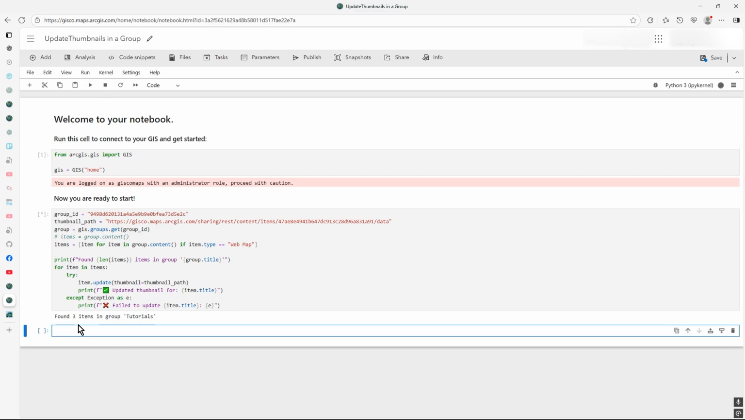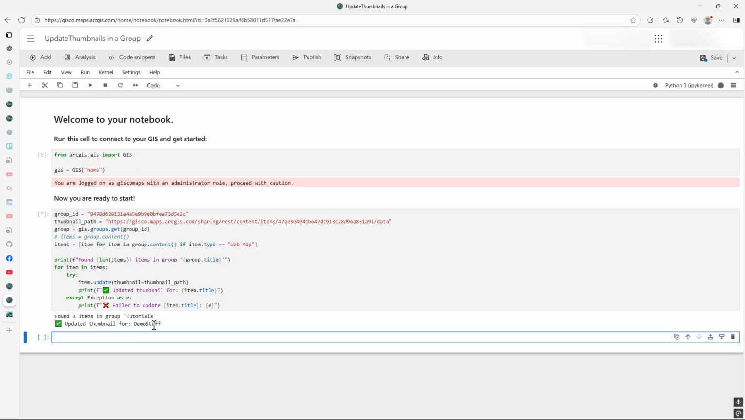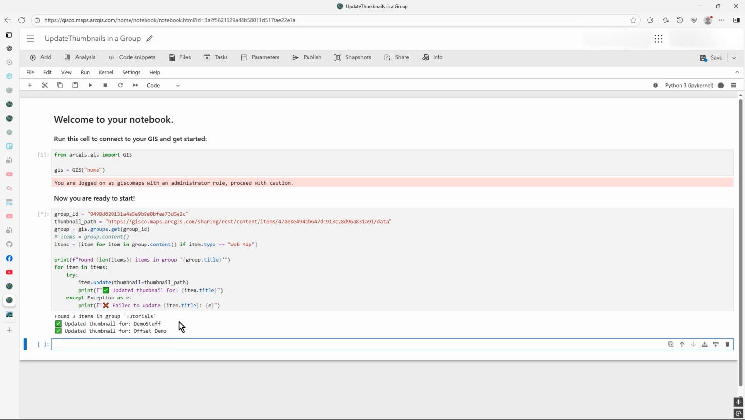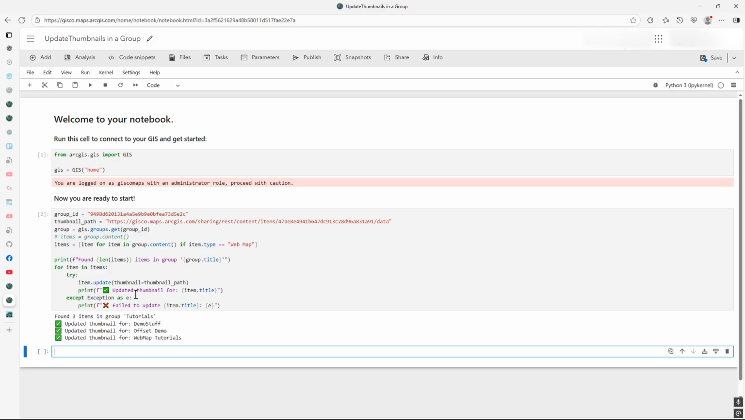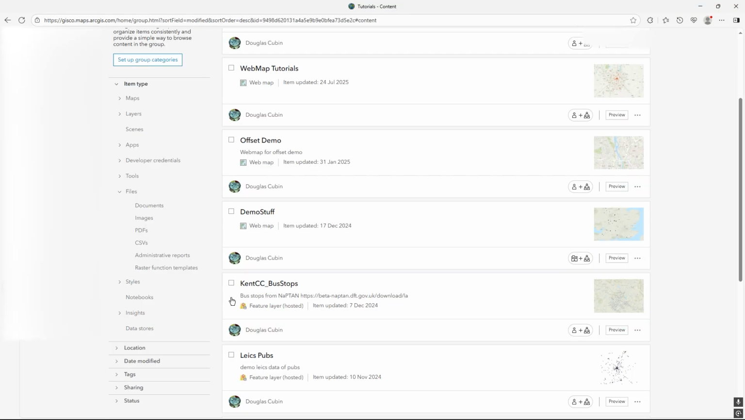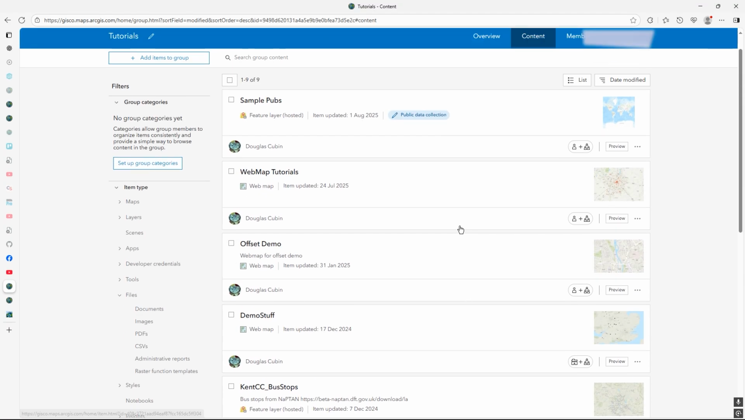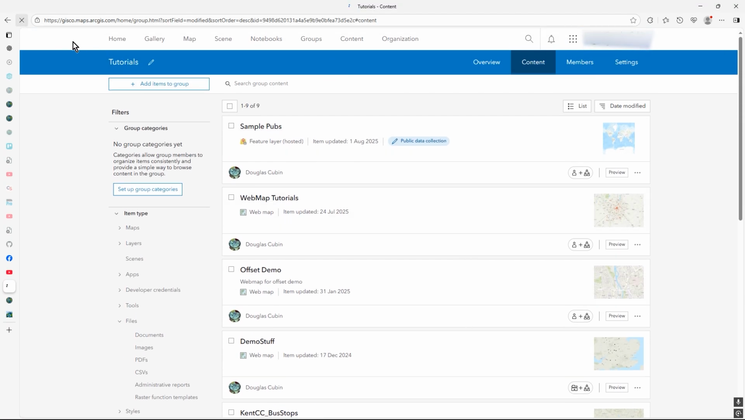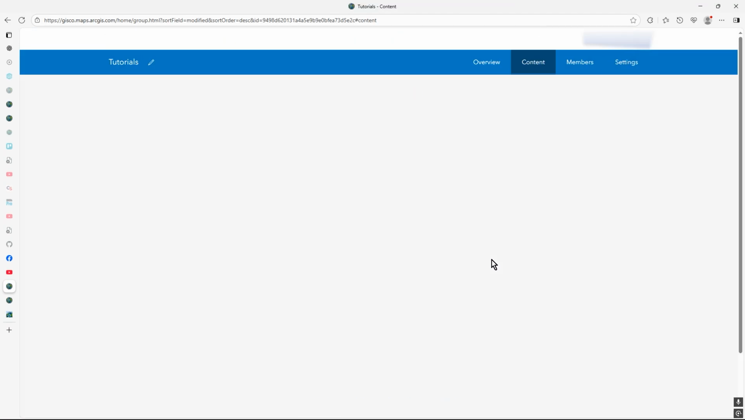So you can see it says found 3 items in group tutorials, and it's updated thumbnail for demo stuff, because I just do a print here of item.title, because I'm looping through, you see, each one. So demo stuff, offset demo, and WebMap tutorial. So it looks like it's 3. So if I just refresh this screen, it should have,